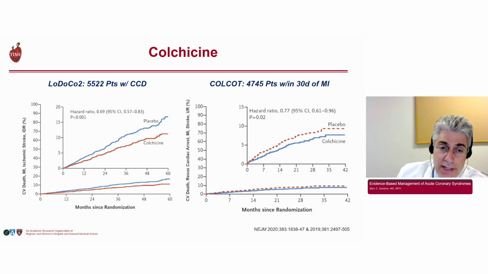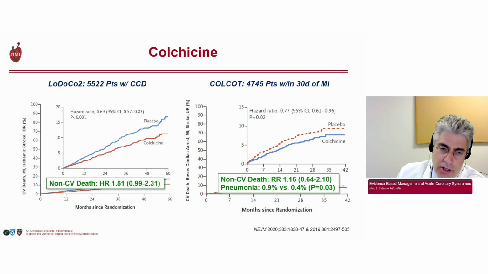In both the trials, the addition of colchicine, sort of a simple anti-inflammatory drug that we've had available to us for quite some time, not too shabby. So 23 to 31% reductions in major adverse cardiovascular events with adding colchicine. Have we adopted this yet? We have not,